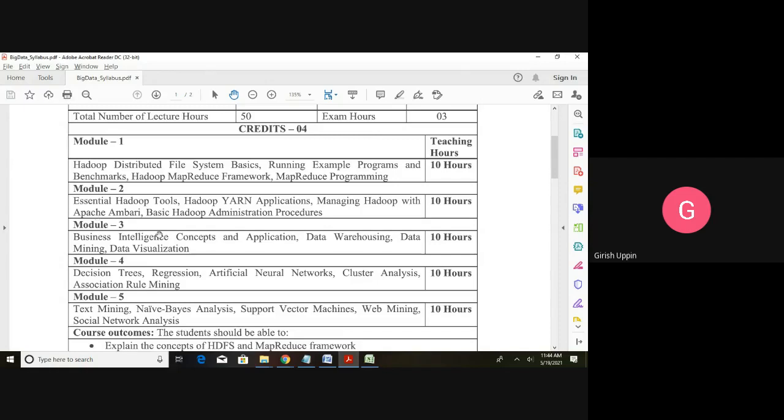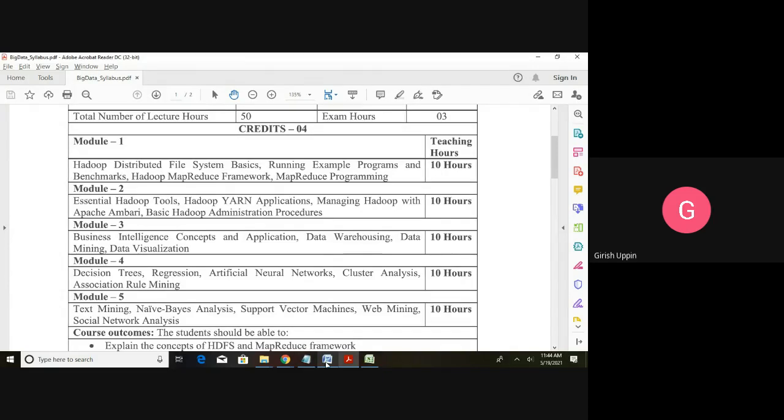Then we will see the basic Hadoop administration procedure. So here you will see basic Hadoop YARN administration, then HDFS administration we will see. Then also we will see about the Hadoop version 2 MapReduce compatibility. Those are the different things we are going to see in module 2. And as I told you, this covers chapters 7, 8, 9, 10, four chapters, module 2.